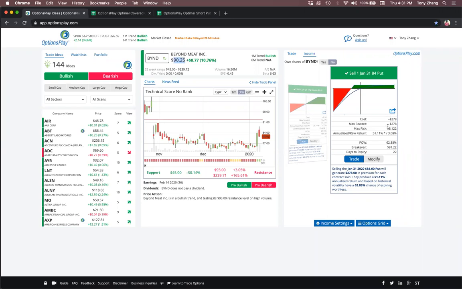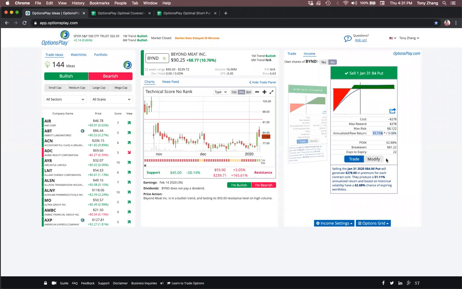And as you can see here, if you place a limit order to buy 100 shares of this stock, you would have to set aside $8,400. But instead, by selling a cash secured put, you only set aside $8,122, which reflects a $278 income that you receive on this put option, which is a 3% discount. That is a huge discount. Now, I will say this is not typical. This is because Beyond Meat is a very, very volatile stock, so you're going to receive higher premiums,